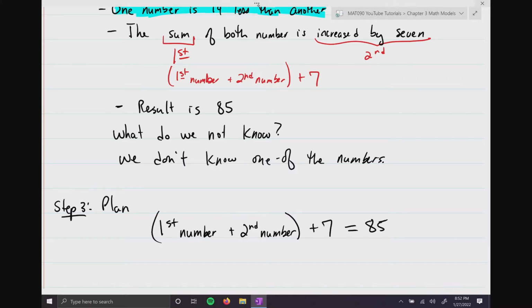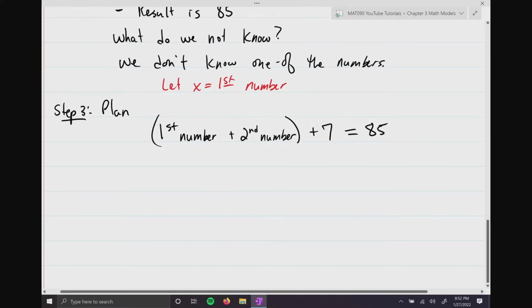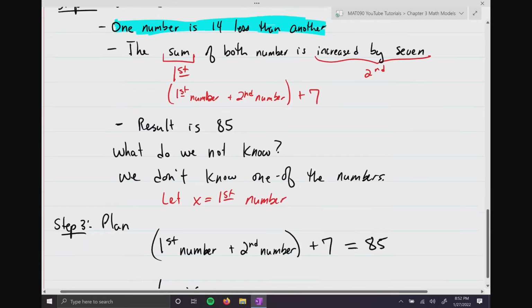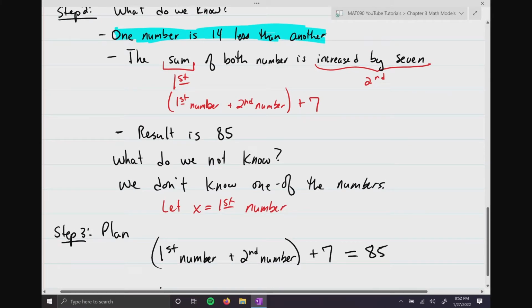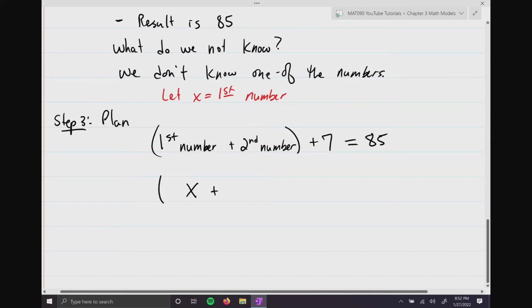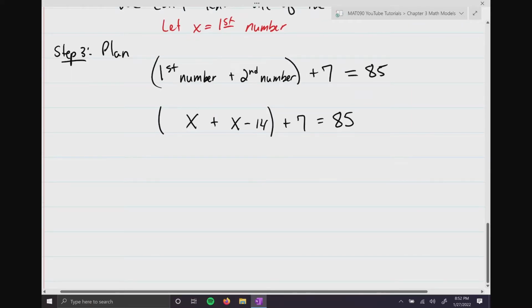The thing that we really don't know, so I'm going to write this in red, we're going to let x equal that first number, which means by default, I can go ahead and start to fill in this little equation that we've created. Parenthesis, the first number is x, plus, now that second number, let me scroll up here so we can see it again. The second number is 14 less than another. So this second number is going to be x minus 14. Then I need to sum them together and add 7 to it. And that has to total 85. So now that we have our plan,